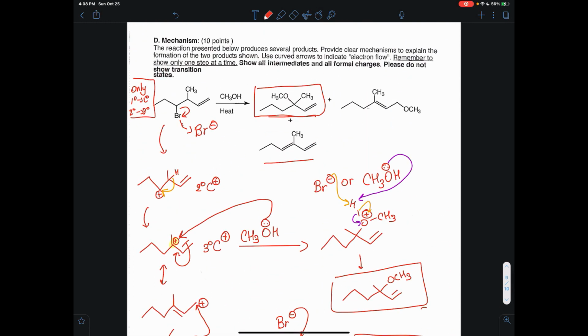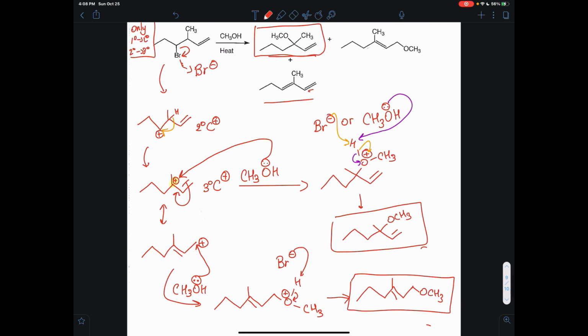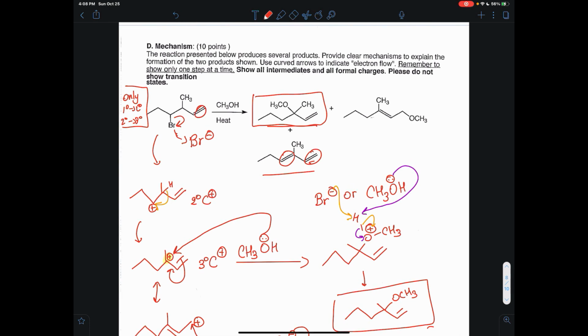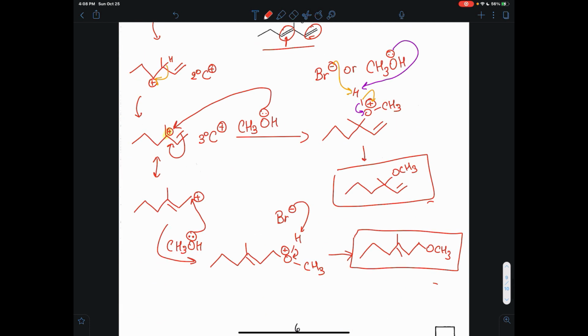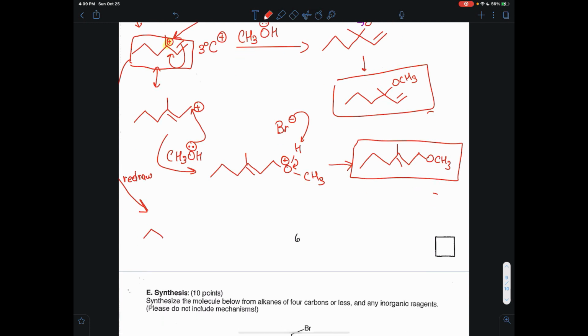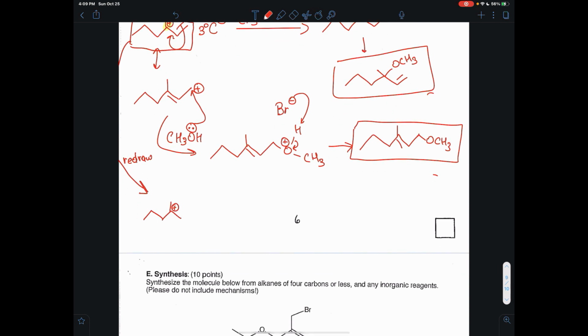Now looking at my third product, I formed two double bonds. If you notice, she formed a double bond at this position, right? This is my initial one, and I have a double bond right here. So I'm gonna redraw this thing. I like to redraw just for the ease of grading it. Well, you're not gonna write the test, right? It's just gonna be multiple choice. I keep forgetting that. Okay, positive charge right here,